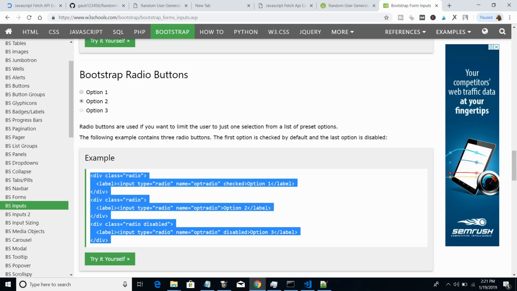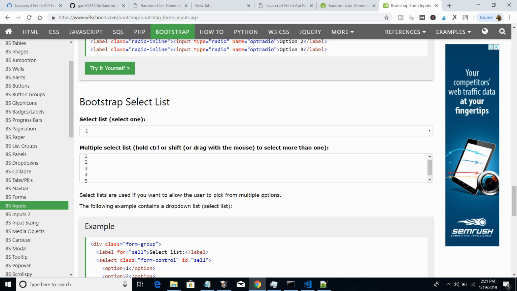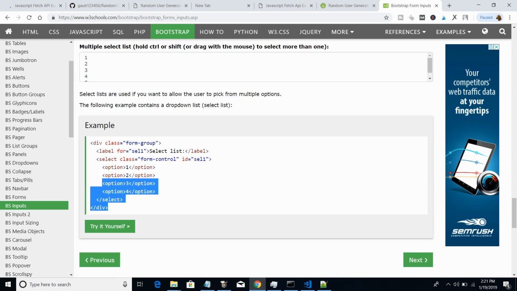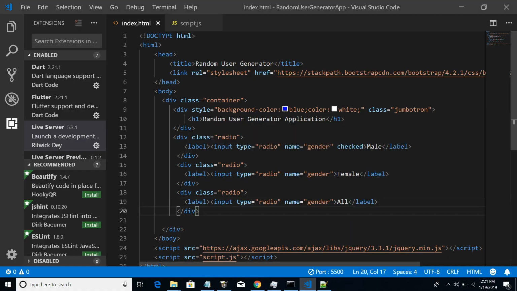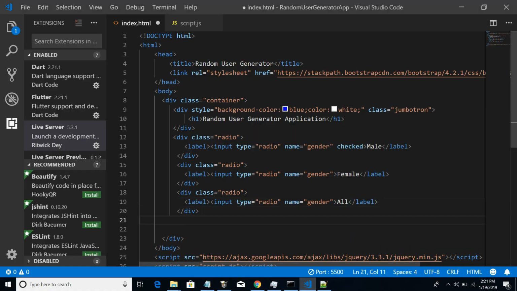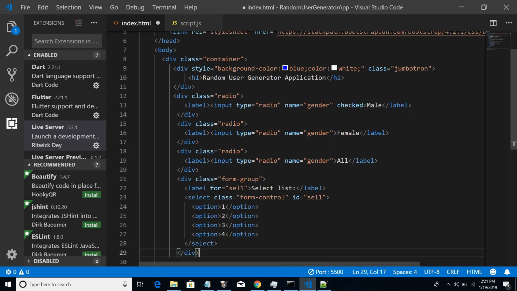So let me select the select list here. This is the code here for that. Let me copy this here, and below radio button you will copy paste this, and let me change this to nationality. Select nationality,